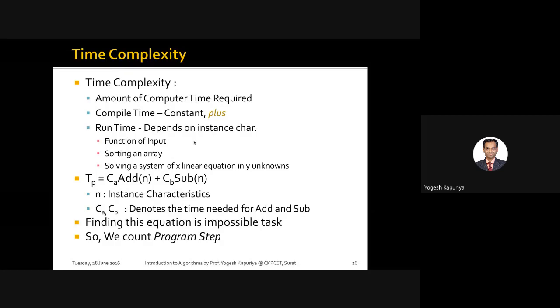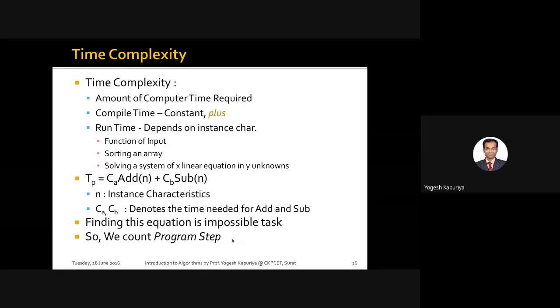But this is what we do in mathematical analysis, where we do this kind of accurate stuff. But in an asymptotic analysis, which we are going to discuss next, you don't require all these detailed characteristics of any algorithm, because to prepare this kind of an equation for every algorithm is very difficult.